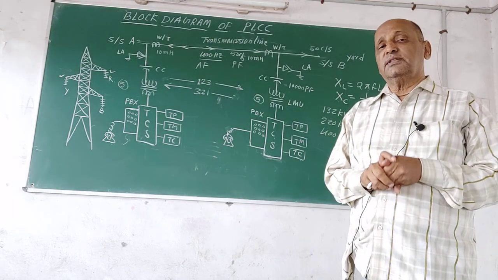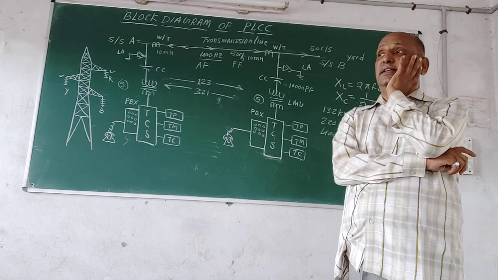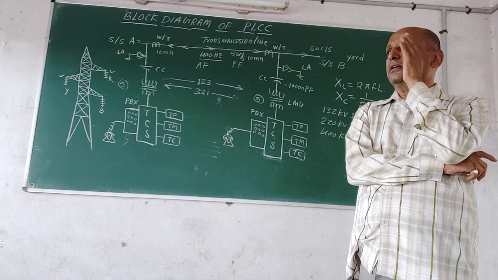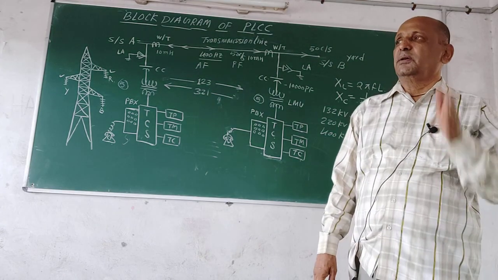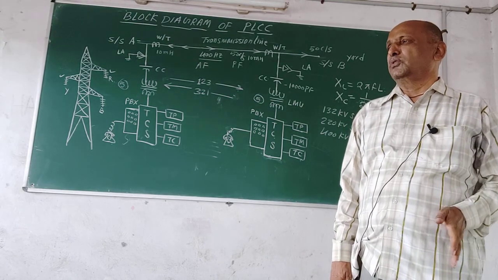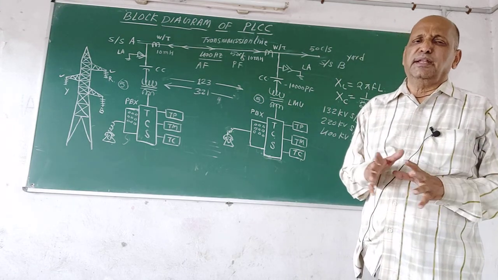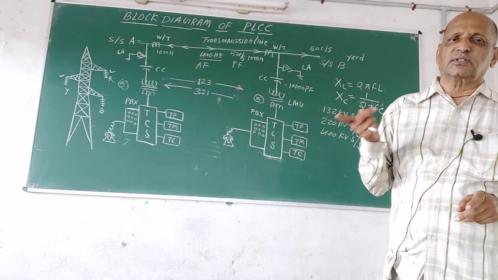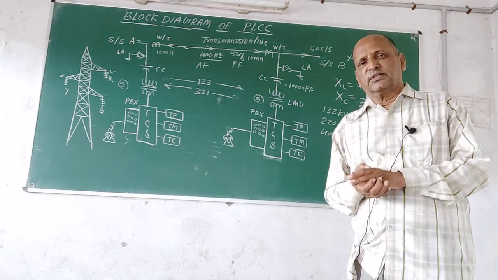The necessity of this PLCC, as I told you, is that whenever there is any type of abnormal condition, and abnormal conditions in a power system occur unpredictably, maybe a fault, maybe load shedding, maybe a sudden rise of voltage, maybe a sudden rise of load, maybe failure of a generating unit. Whatever type of abnormal condition occurs in the system, for maintaining the stability of the system, it is necessary to pass information from substation A to B, or from substation to power station to load dispatch center.